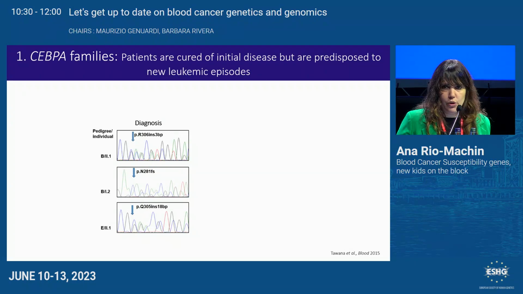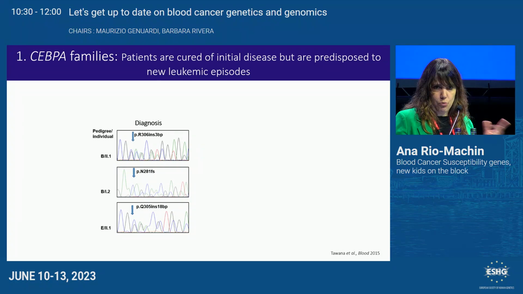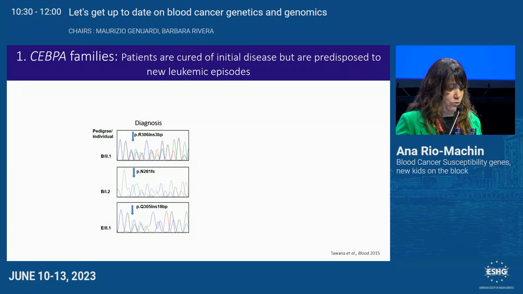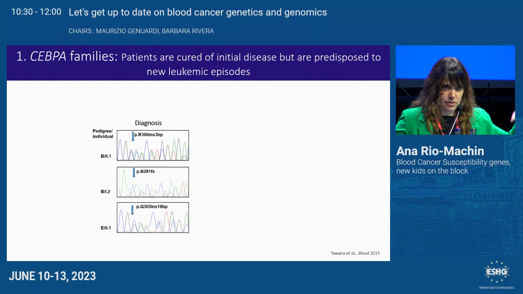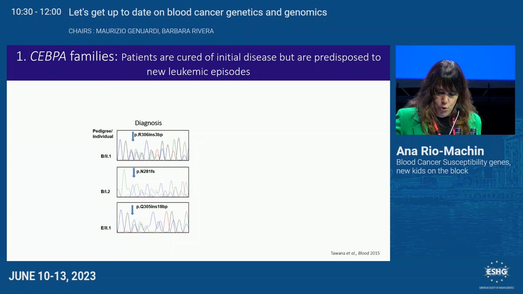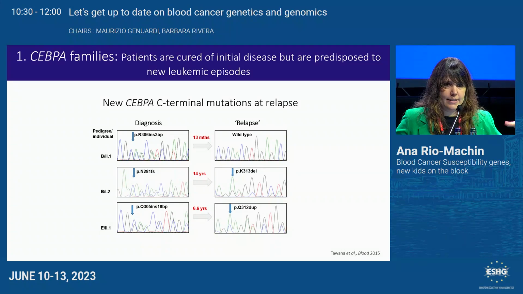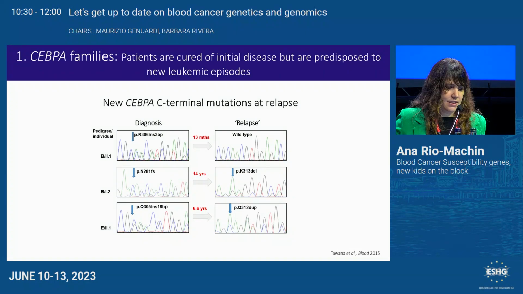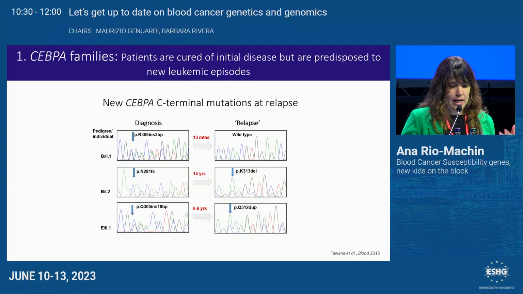So it's a completely new leukemia episode, and we can know that because if we check which was the second CEBPA mutation, the acquired CEBPA mutation that we find at diagnosis, we see that it's completely different from the acquired CEBPA mutation that we see in the relapse after this long period of remission. So the patients are cured. There are no cells left there that then proliferate again and create a relapse. No, but because the patient still has the germline variant in his cells, then he develops a new